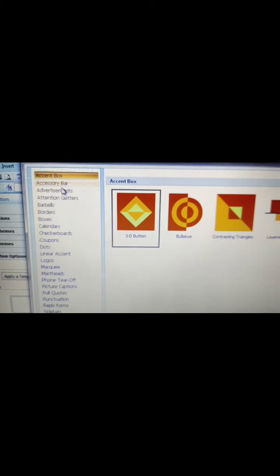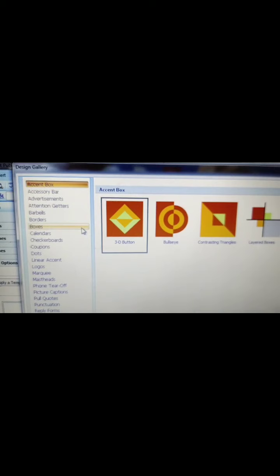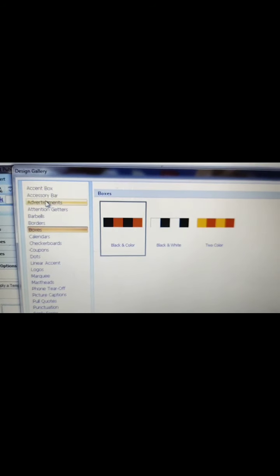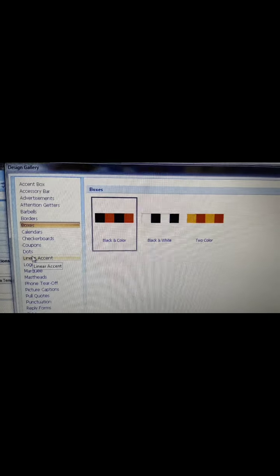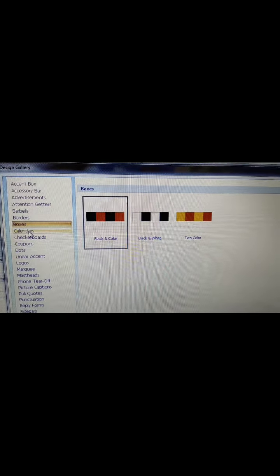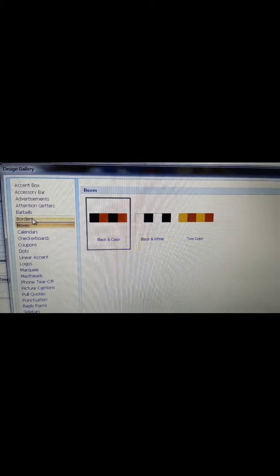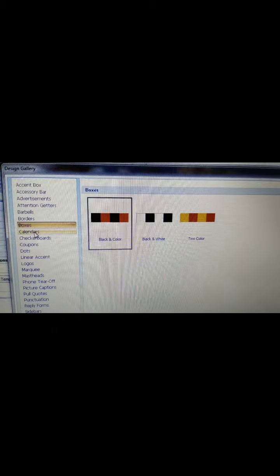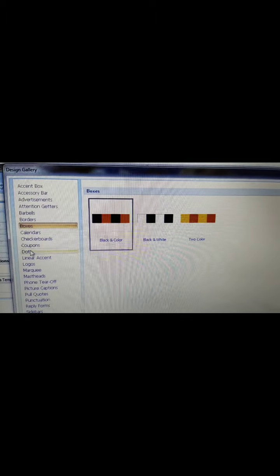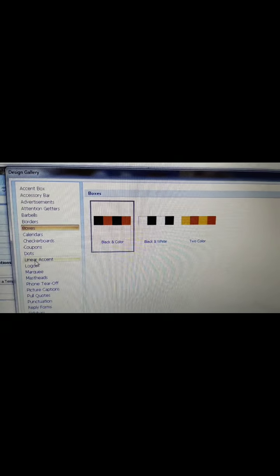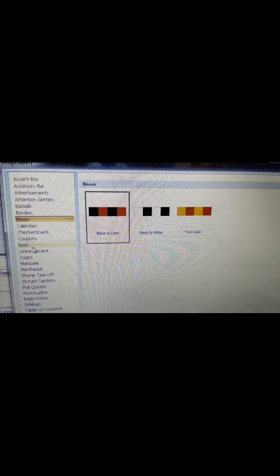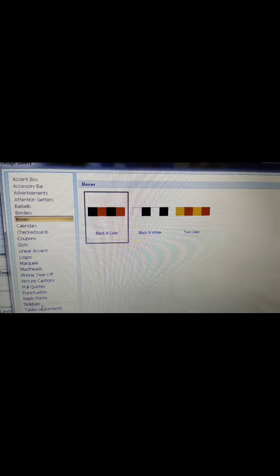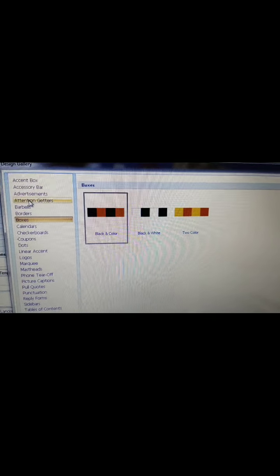You will get advertisements, calendars, the accent box, linear accent, and borders. All of these come under borders. The calendar is here, and coupons, logos, dots, these all come under advertisement. This one is also a side bar, and this all comes under advertisement.